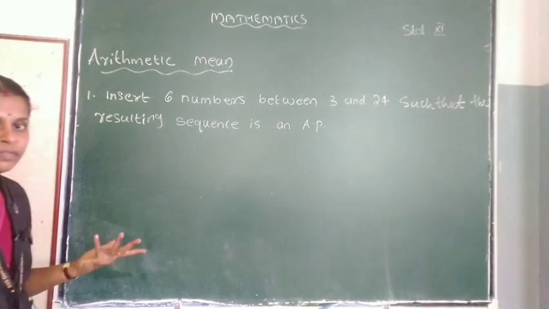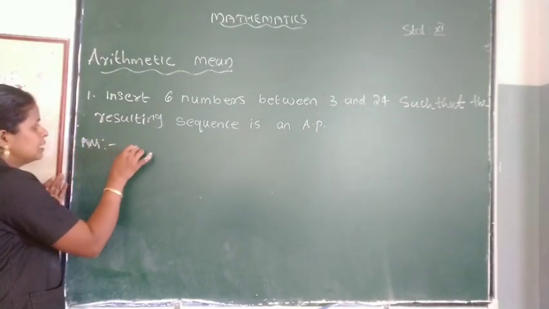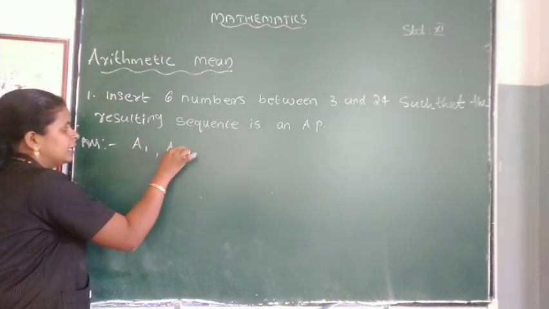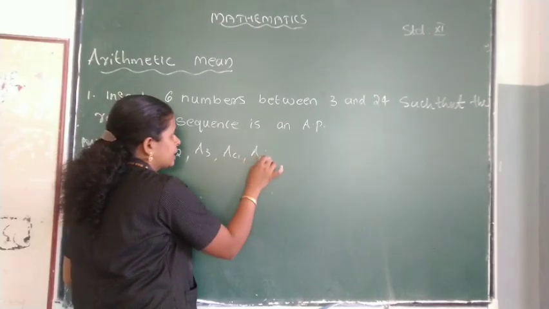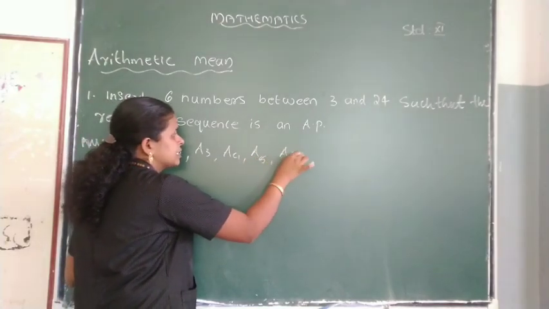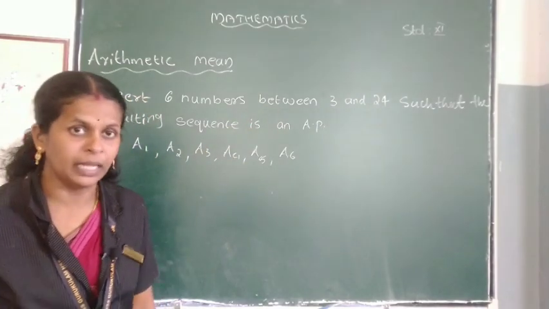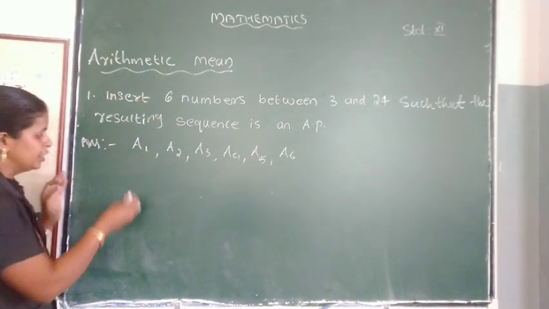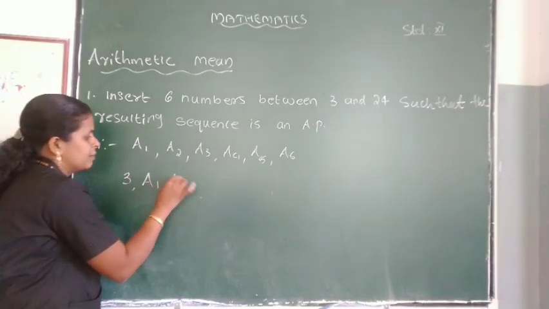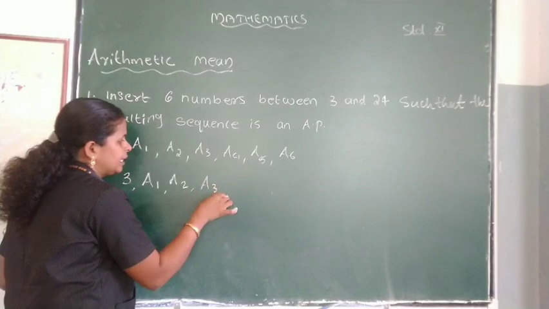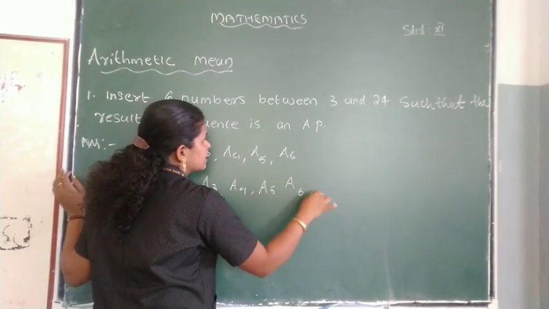Okay, so we don't know which numbers we have to insert. So we consider the 6 numbers as A1, A2, A3, then A4, A5, and A6. These are the 6 numbers we can insert in between 3 and 24. So the resulting sequence is an AP. The AP we can write as 3, then A1, A2, A3, A4, A5, A6, then next